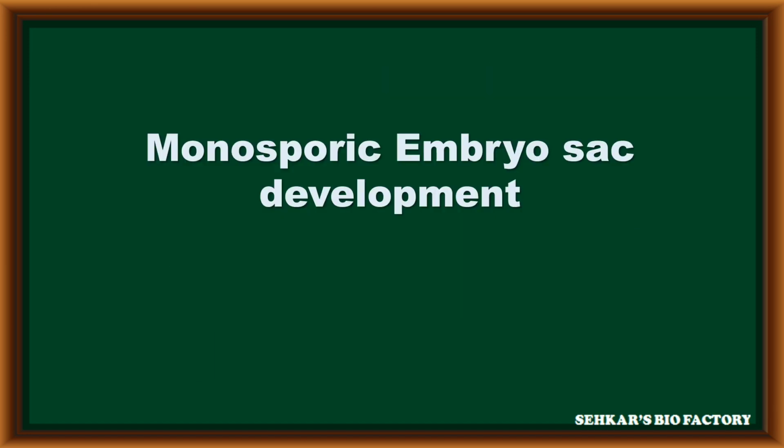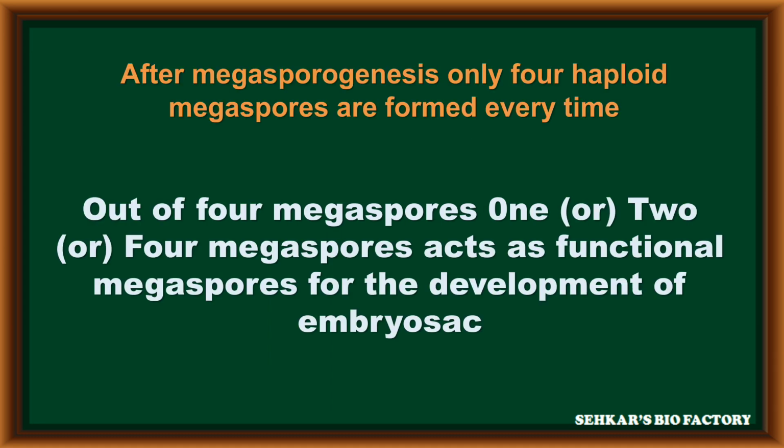In this video, I am going to explain the monosporic development of the embryo sac, because the embryo sac is the main structure that contains the female gamete. The development of the female gamete takes place in two steps in the gynoecium. The first step is megasporogenesis and the second step is